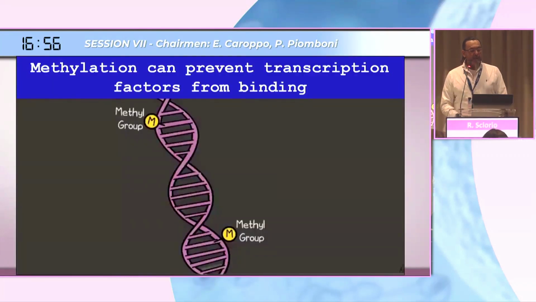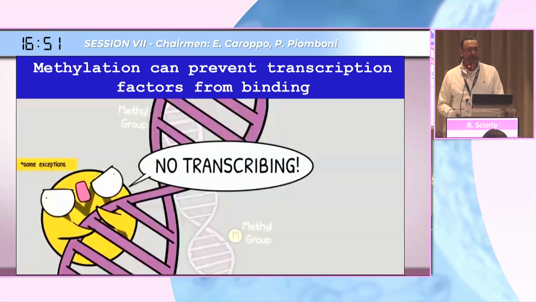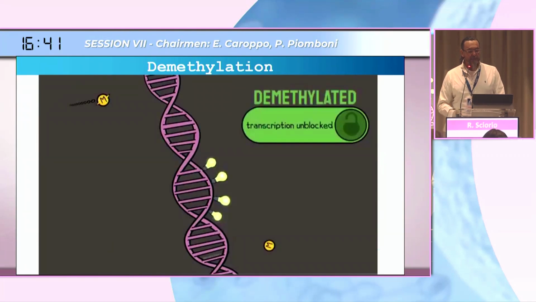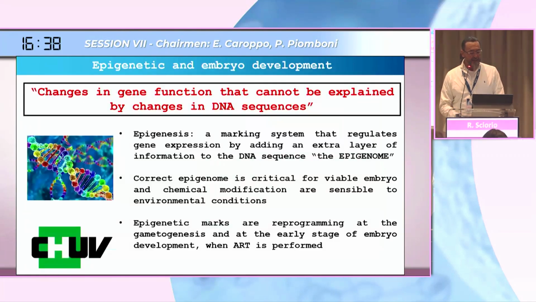So basically, when we have a methyl group associated with the DNA, that means that no transcription can happen. So the transcription is blocked. So methylation is transcription blocked. When the methylation is removed, so demethylation means transcription unblocked, and the amount of modifications are identified as the epigenome. The epigenome needs to be specifically and correctly established in order to make a viable embryo,